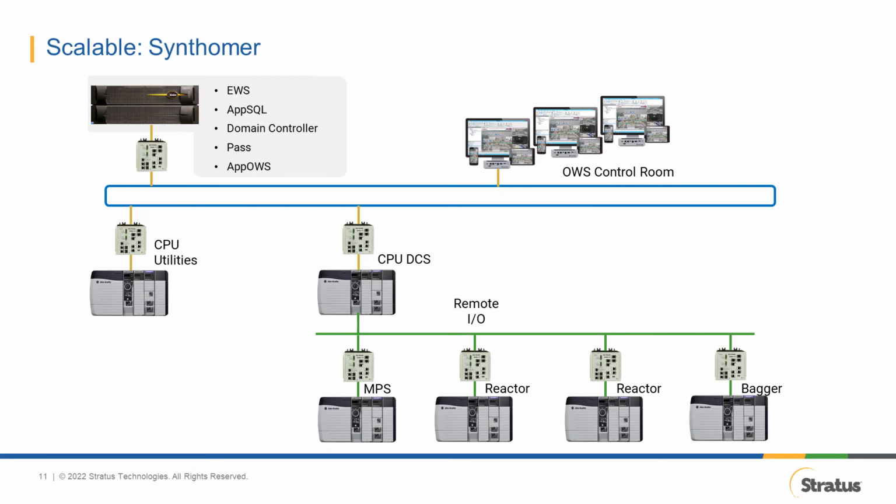controller. Phase 2, a new reactor and a PlantPAx DCS. A few years after, a new reactor project prompted management to replace the Rockwell PLCs with a PlantPAx distributed control system. The new reactor project also set the stage to improve operational safety, resilience, and analytics across the whole plant. Because the reactor, one of the largest of its kind in Europe, was coming online with a Stratus ftServer and Rockwell PlantPAx DCS,